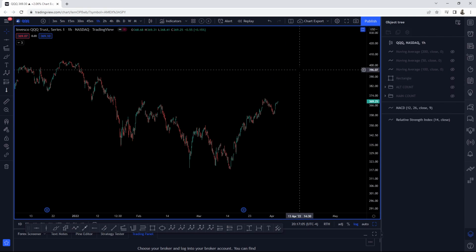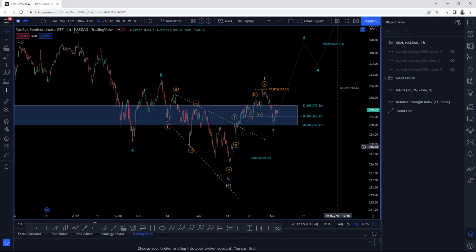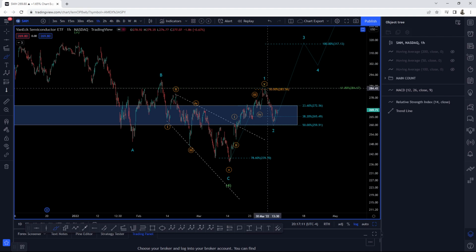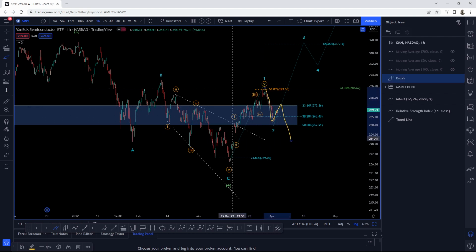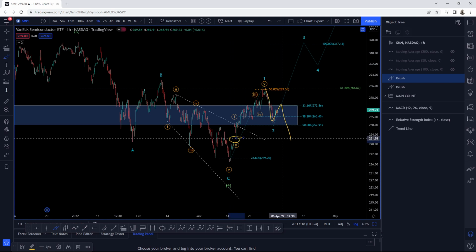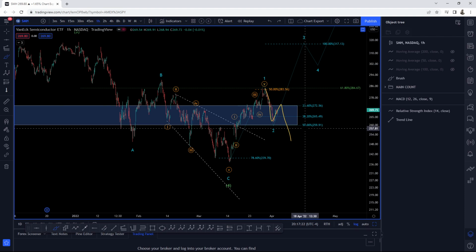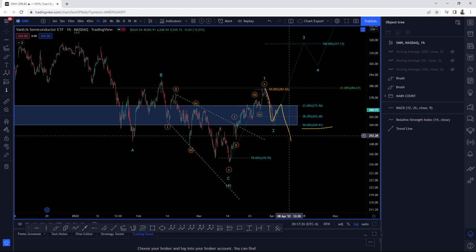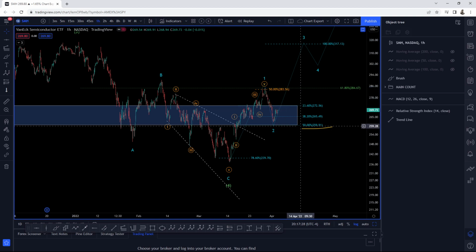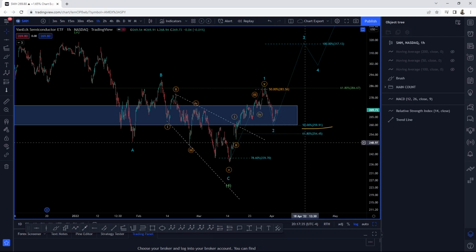Next is the SMH. Now, SMH is a little bit worrisome to me, because this is A, B, and C. Maybe this is going to fill this gap in the wave C or wave 2. Maybe not, but I don't want it to break below 259.91. So keep that in mind. If we start breaking south of 259.91, then we have no choice but to start looking at the 618, the golden pocket or the golden ratio.